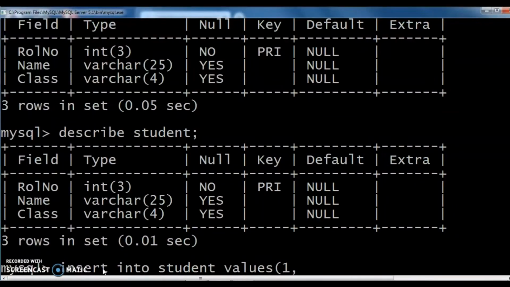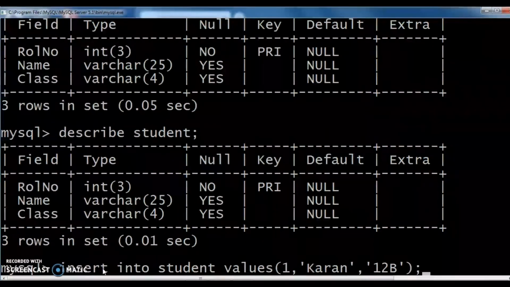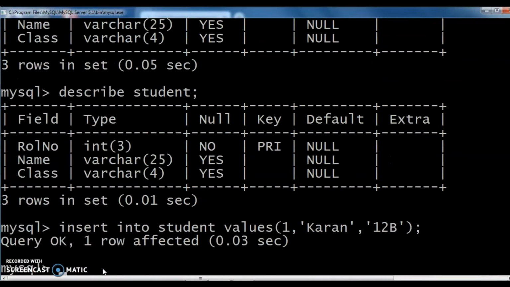Then put comma. Then name, varchar type. So within this single quote, we can give the name, comma. Then class also, 12b. Close this parenthesis, put the semicolon. We inserted one value to this table student.